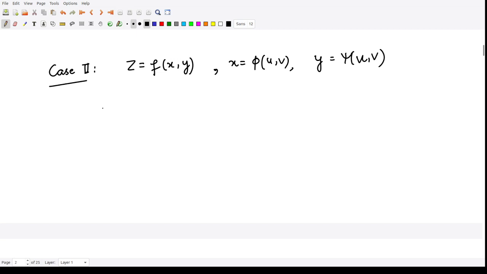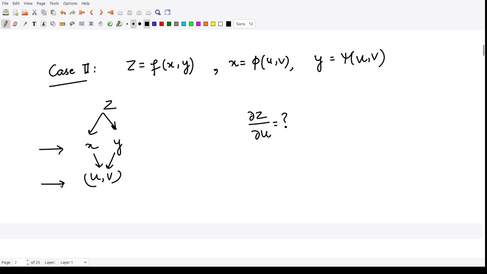This diagram is just for your own reference, so that you could calculate the derivative of z with respect to u. So this you wanted to calculate here. For that, you first make the diagram. The first element is z, that depends upon x and y, and both x and y depend upon u and v. So they both depend upon u and v. So that means at this level also you have two variables. At this level also you have 2 variables.